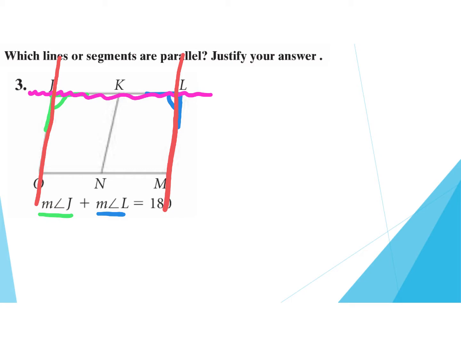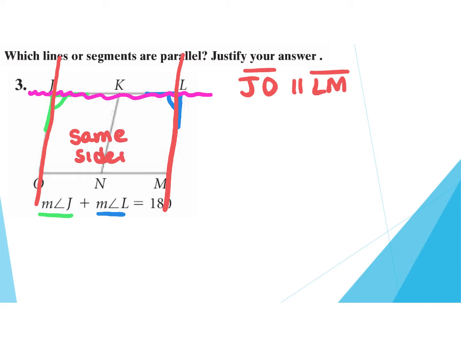So this means I could say that segment JO is parallel to segment LM, and our reason is these are same side interior, and we know same side interior should add to 180, which we have. So my reason would be converse of